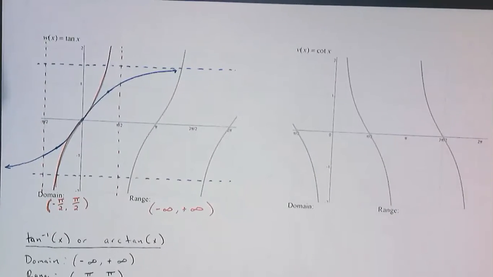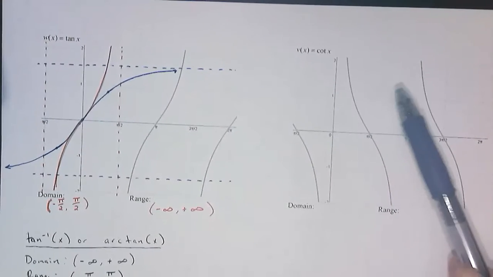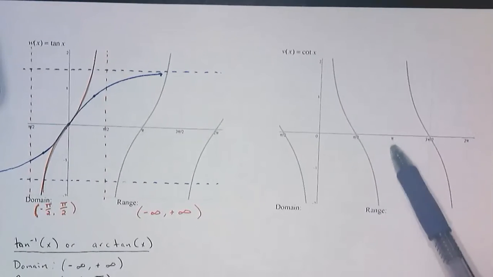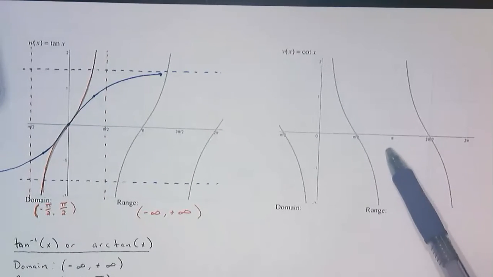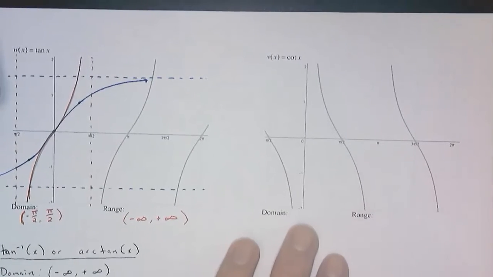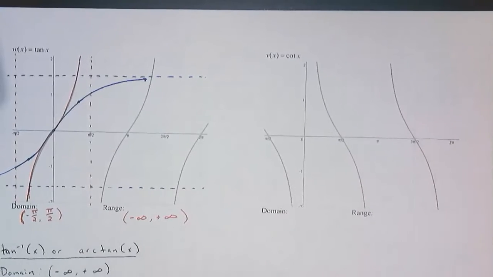Because the cotangent is the cosine over the sine, and so any spot that gives us a sine of 0 is an issue for the cotangent. So that gives us a nice natural domain restriction here. And if we restrict our domain between 0 and pi,